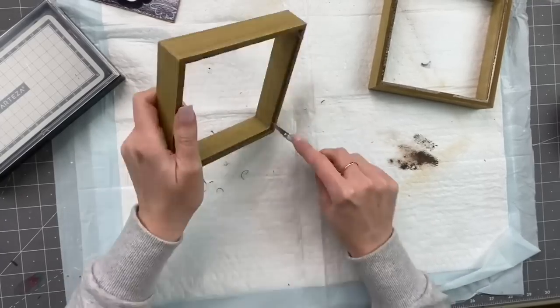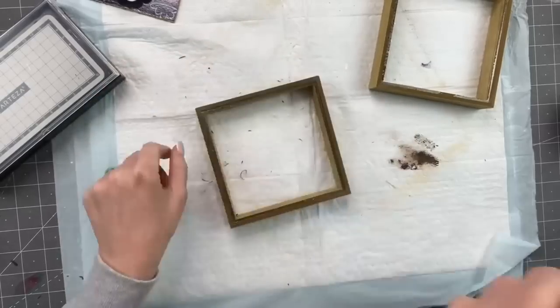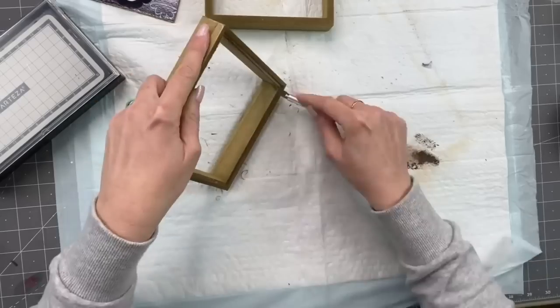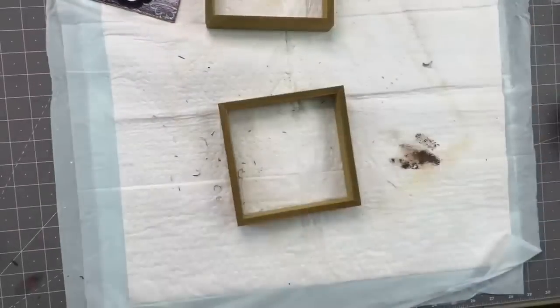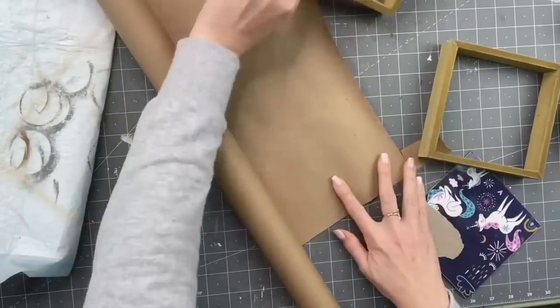And the reason I'm going to scrape this off is, one, we're going to use one towards the top of our lantern, and then the second one we want to clean up because we're going to put the backing back on, and we want it to sit perfectly flush with our frame so we don't have a lopsided wonky donkey lantern here. All right, so now on the backing, I tore the top off,